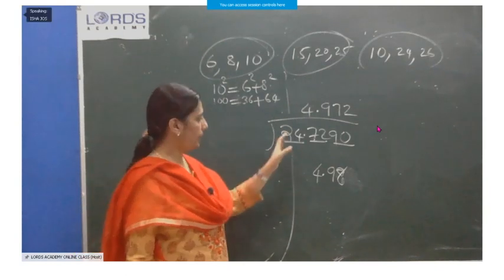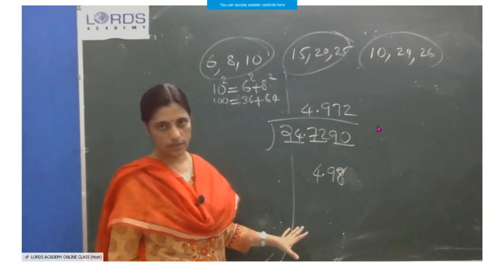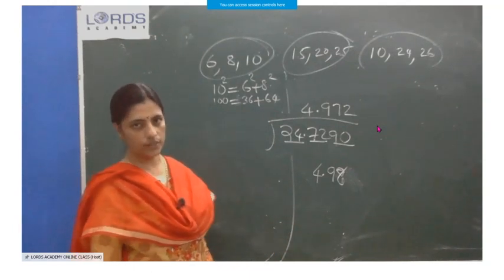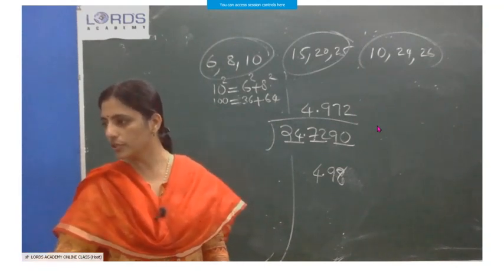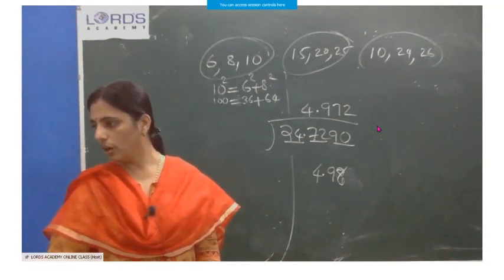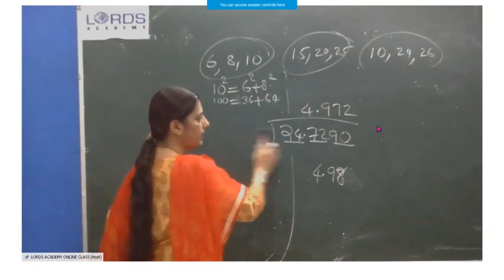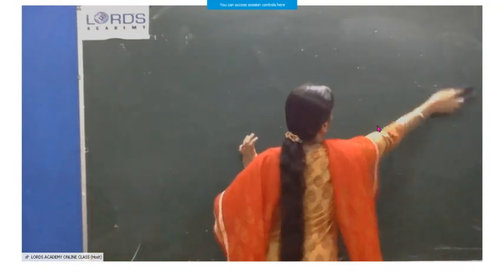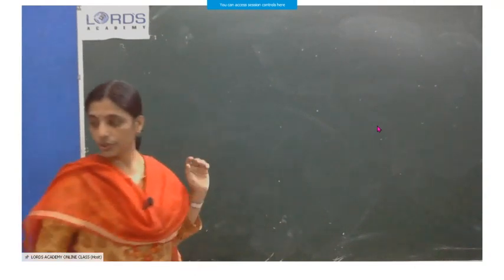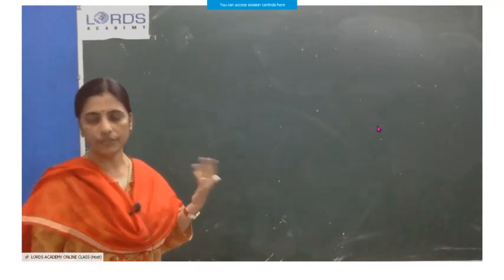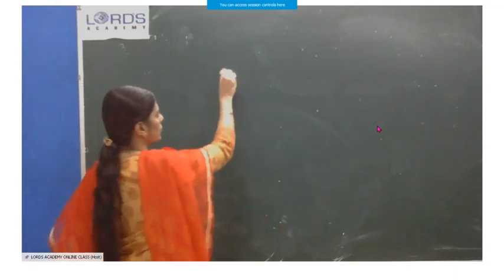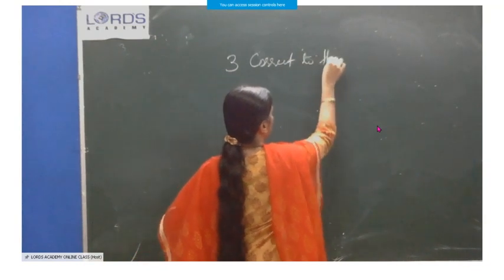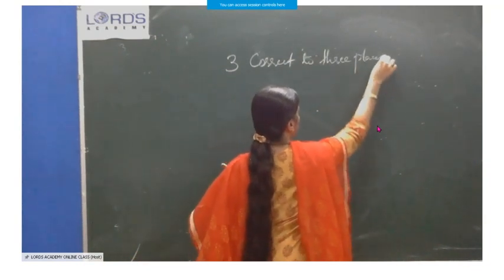So we will do the problems which are not perfect squares. And when we stop, however many places they told to find, those many places we will find. Now all of you take the classwork: find the square root of 3. Simply 3. Correct to 3 places of decimal. All of you listen here. After that only you can copy in the notebook. Find the square root of 3, correct to 3 places of decimal.